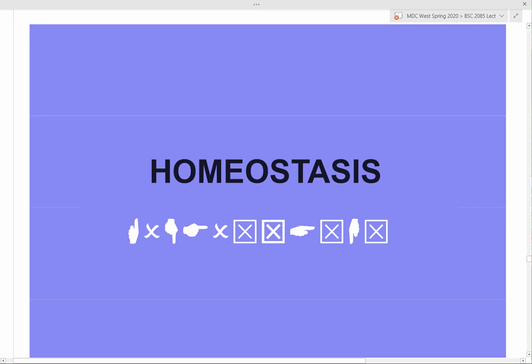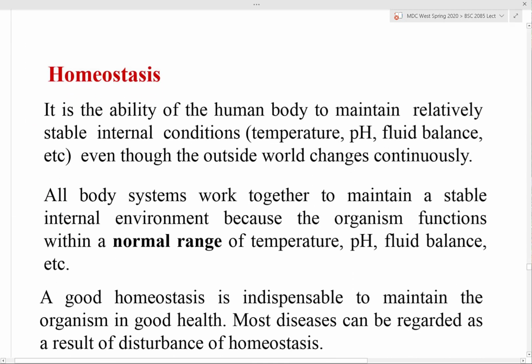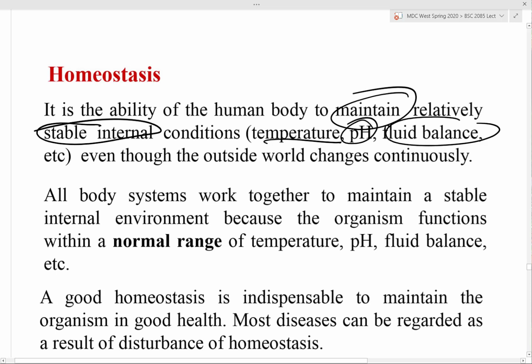The way I remember homeostasis is home. Out of my home, I feel good, and I stay in my home. So it's a level where every single body measurement of temperature, ions, calcium, phosphorus, magnesium, blood pressure, everything is leveling up at normal levels. Remember, all these things inside our body are changing, okay? So it's the ability of humans to maintain relatively stable internal conditions, for example, temperature, pH, fluid balance,